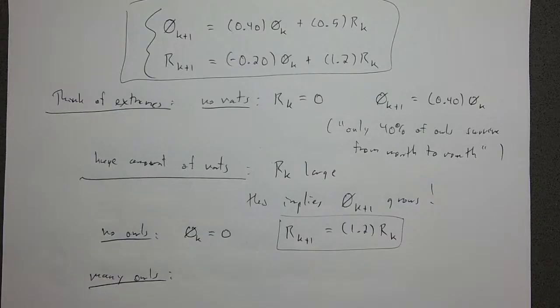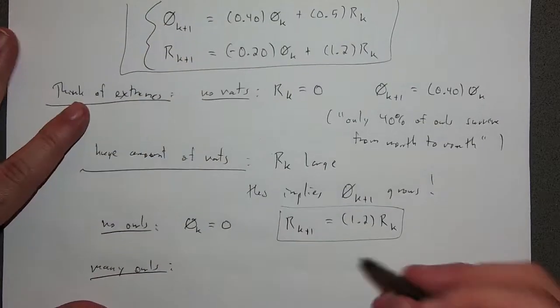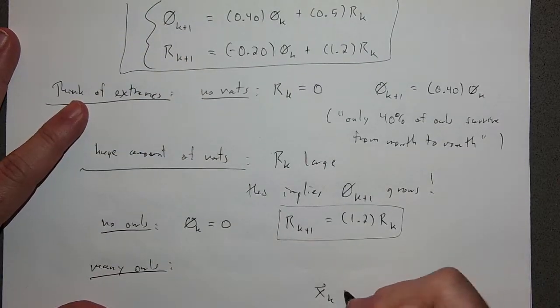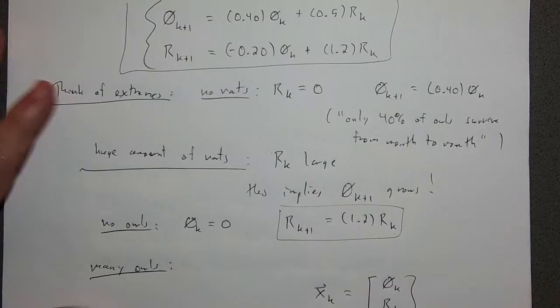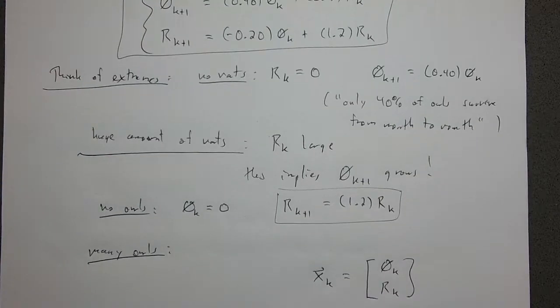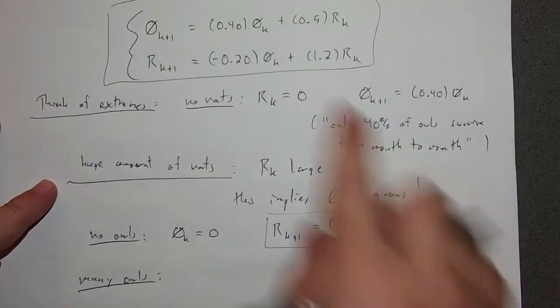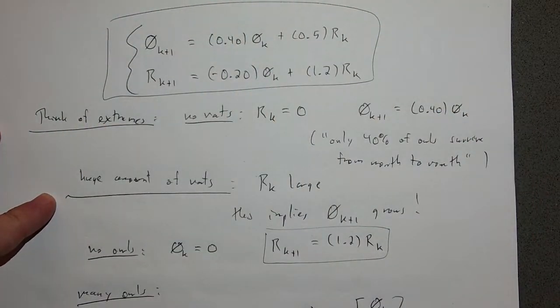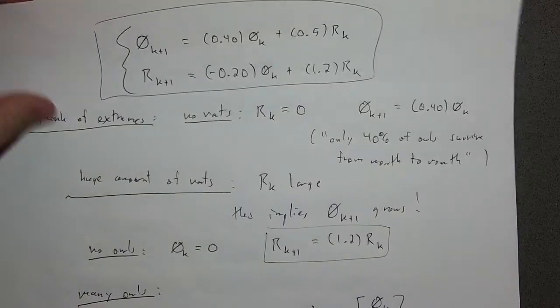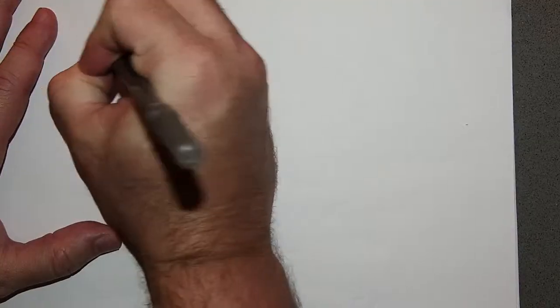Okay. So we're going to keep track of the quantities of these things in a vector. We'll call this vector x sub k. This is going to be our vector that keeps track of the number of owls and rats in thousands. Rats are in thousands, owls are just the number of owls after k months. Okay, so then we could actually rewrite this equation. So look at this equation. There it is. Take it in, admire it, moving on to the next page, so that I can rewrite that equation